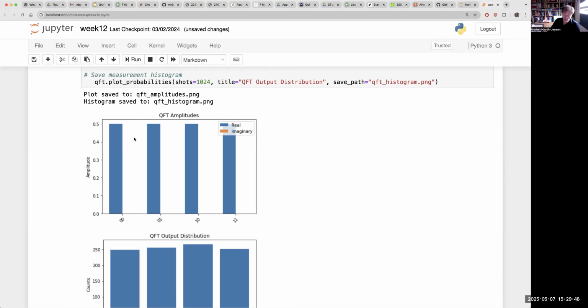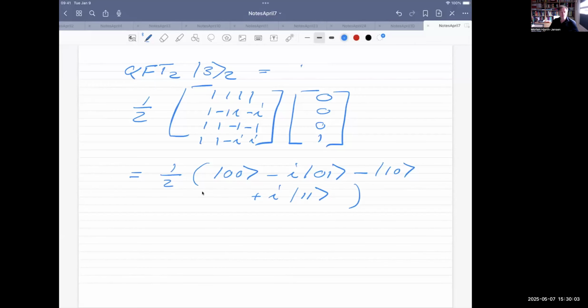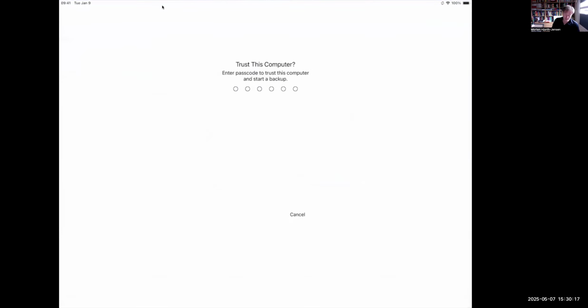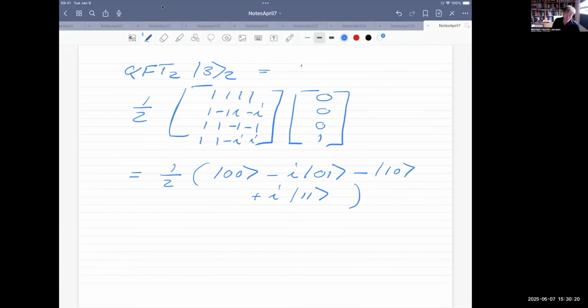And the factor which we have in front of them, if we just switch back to the Jupyter notebook, now to the whiteboard, we will see now if we apply this on the whiteboard here, with 2 qubits, instead of having state 3, we could now think of having state 1, which means that if we do that, what we would have then would be a QFT of 2 acting on that state, which is the same as